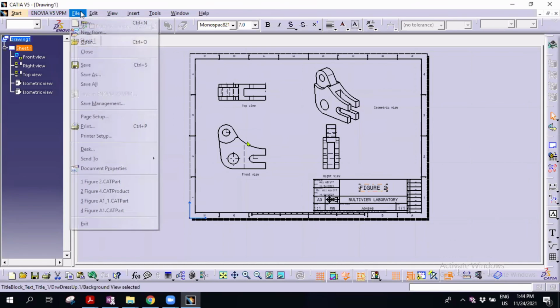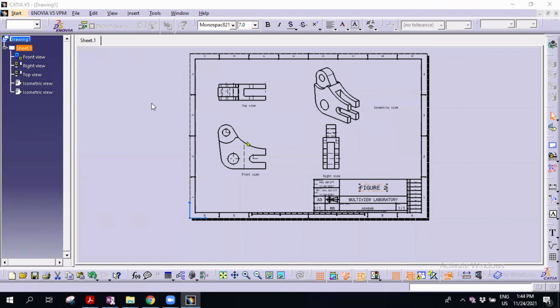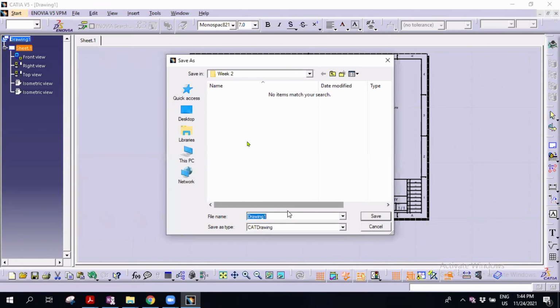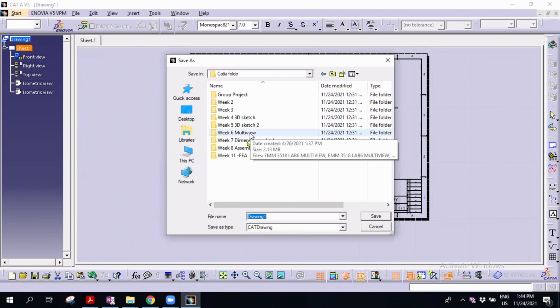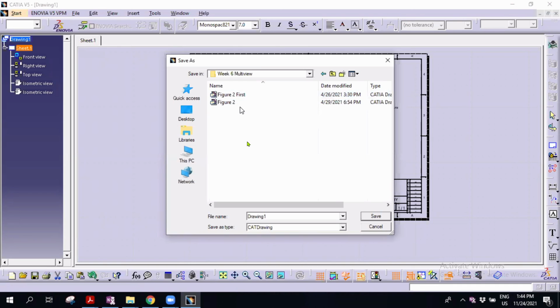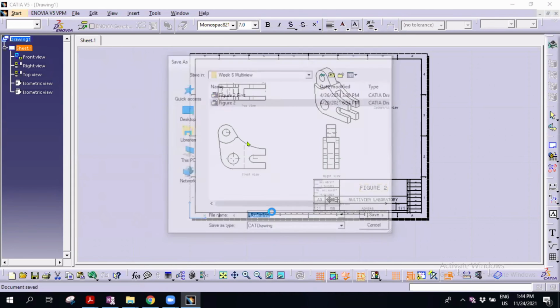For example, I save this one, I save as, this is a preview, figure 2. The image is a little bit different. So you need to submit this folder, for example, figure 2, version 2, save.